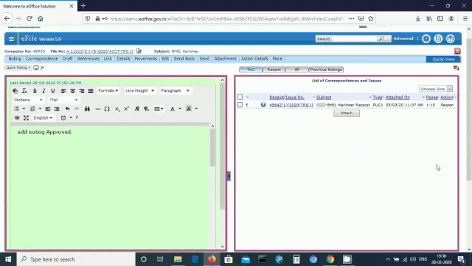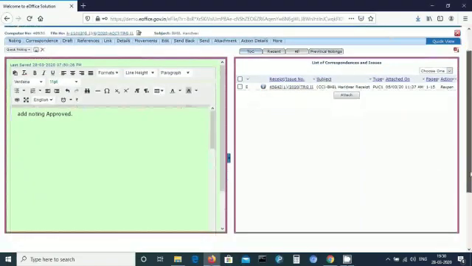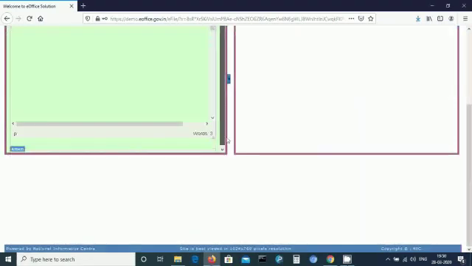There are further options available at the note sheet: if you want to attach a letter or a correspondence to this note sheet, you can attach it with the attach button available at the bottom.